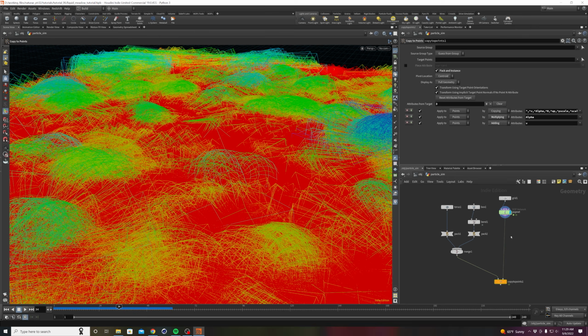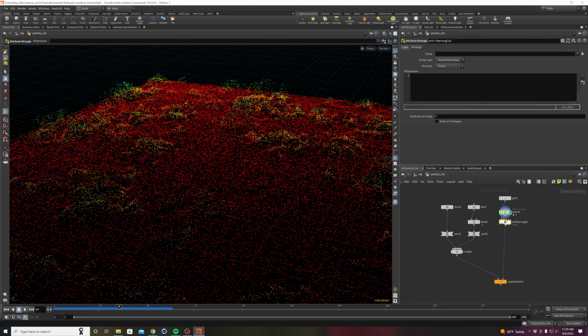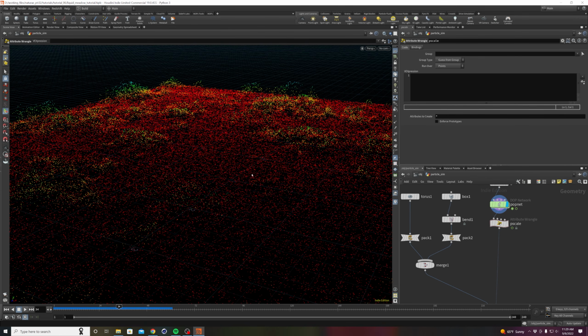So what we need to do is define a p-scale for these. So we're going to do this in a wrangle. This is really easy to do, and this is another important part of the effect. When they're born, I want them to have a p-scale of 0, and then I want them to quickly grow into their full size, and then as they get closer to dying, I want them to shrink down, so that there's never any popping on, popping off. I just want them to slowly grow on and slowly die off. So the way we do that,